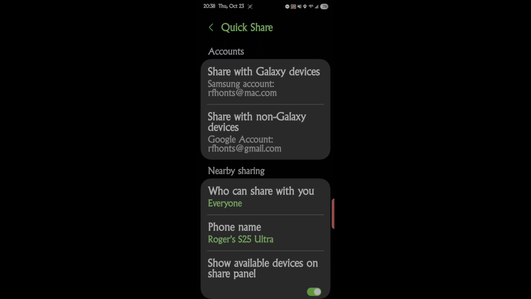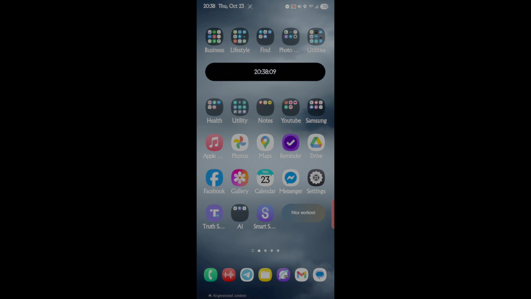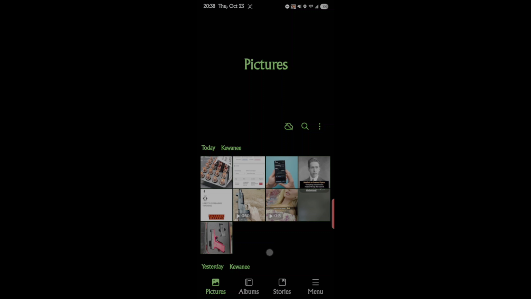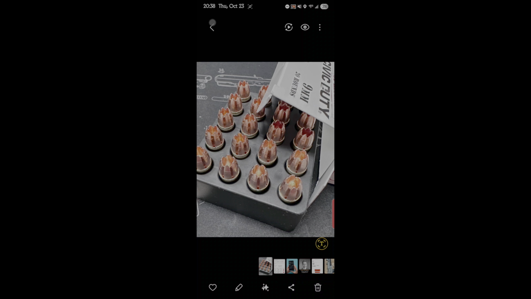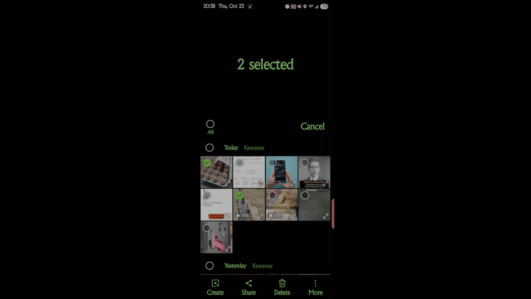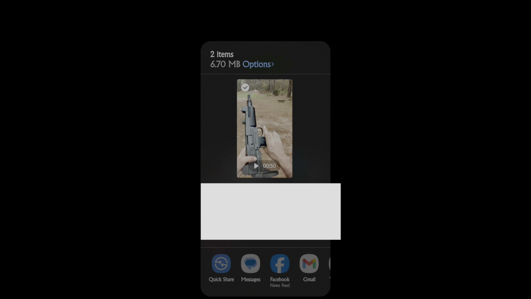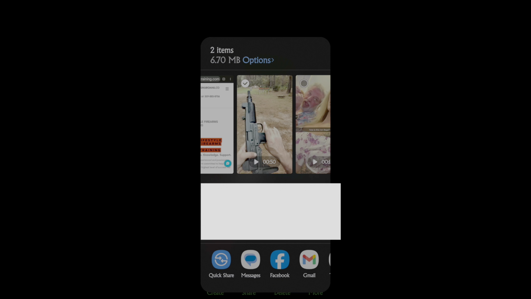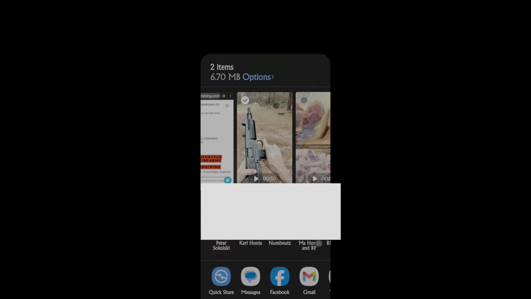So now let's actually quick share, say, a file. Let's pick a couple files here. I have a big video, and then I have a big video, and I have a larger sized picture. So we're going to go to share, and then down at the bottom, right next to